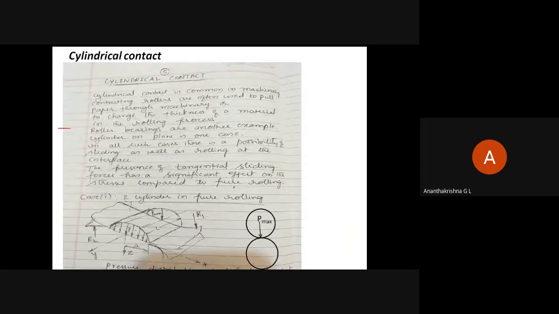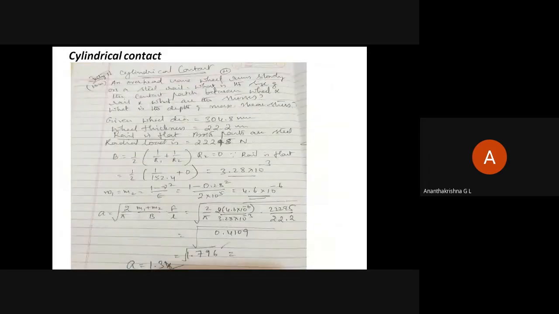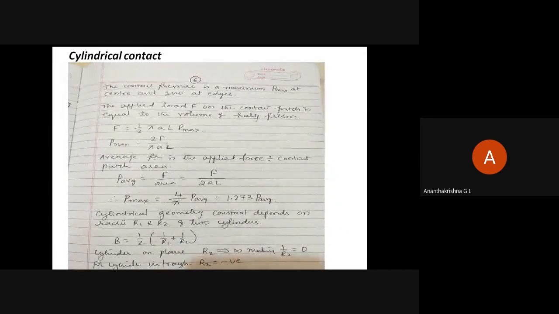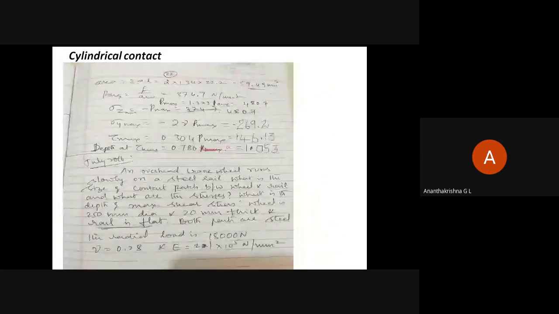And then coming to cylindrical contact, we have two cylinders which are pressed against each other, and at the point of contact we have maximum pressure occurring. We have a small derivation based on the previous one, and again we solved a few problems on cylindrical contact. So please keep this derivation also in mind. The small derivations, you also practice, and the problems too. You may get either a derivation or a problem. Mostly it is problems, and we solved a few problems.